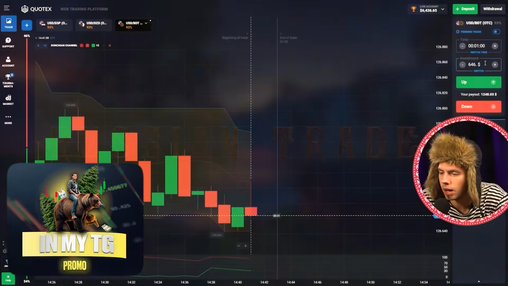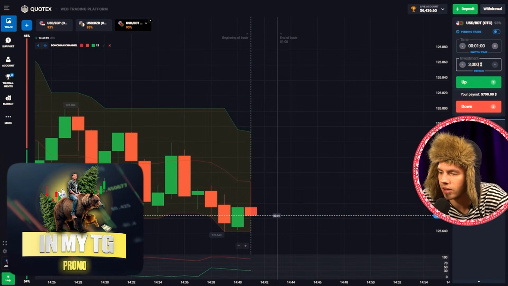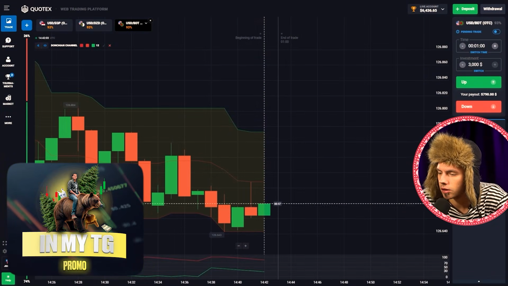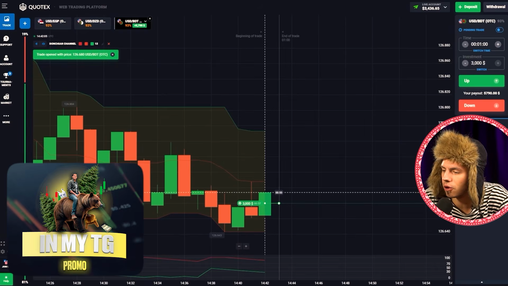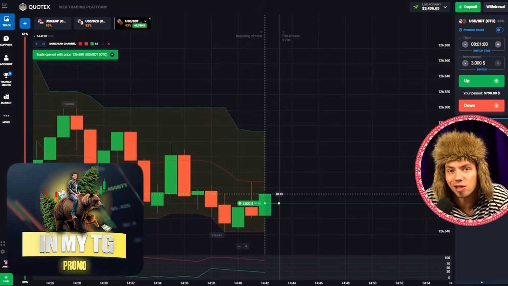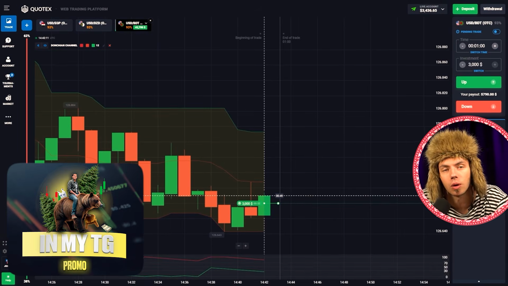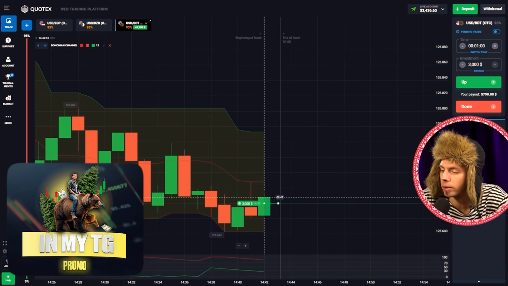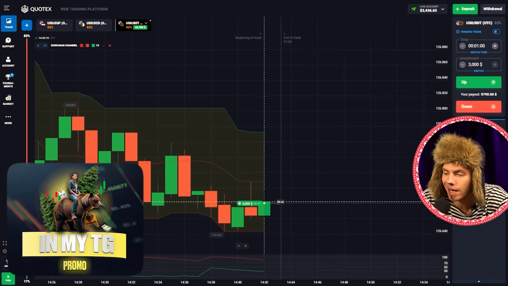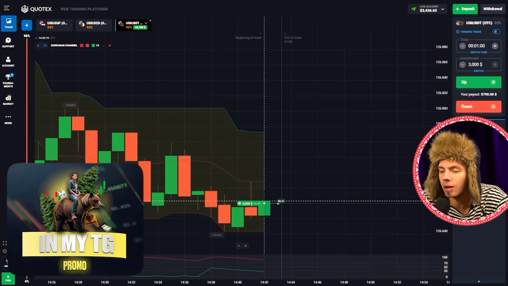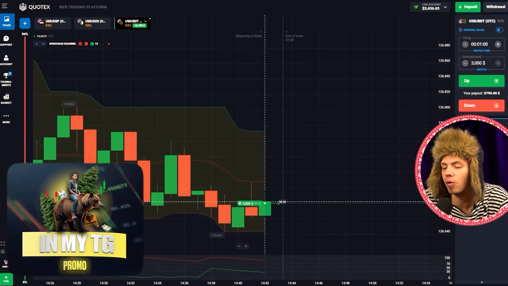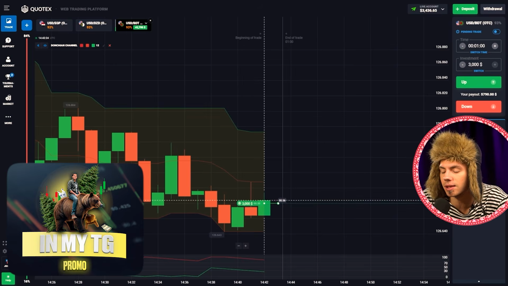Right now we are about to open a buy trade here. So we moved away from the lower channel boundary here. As you can see, the lower channel boundary is a very strong level of support. So we moved away from it, and we expect further upward movement right now and the breakdown of the middle line. We expect the breakdown of the middle line here because this